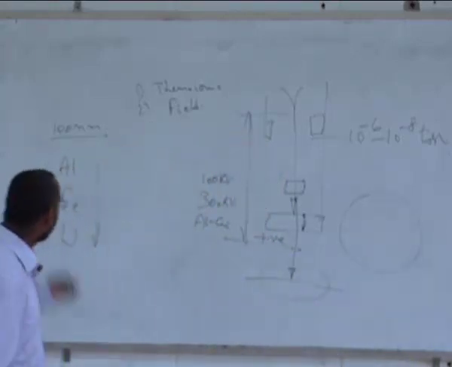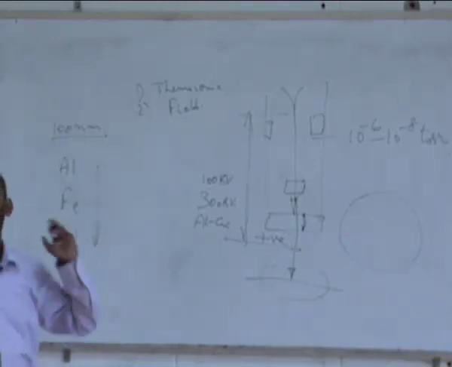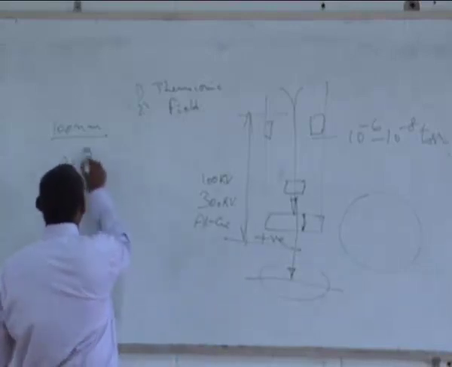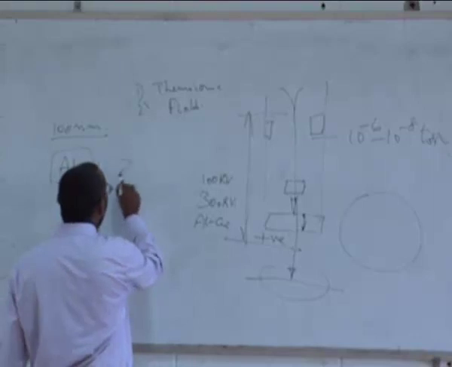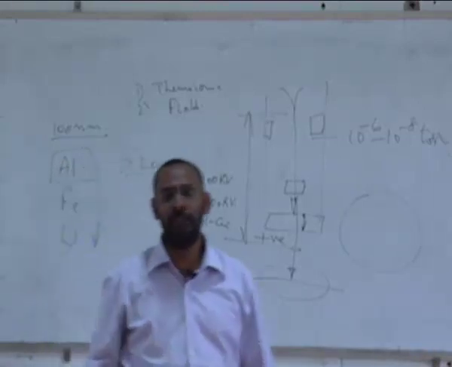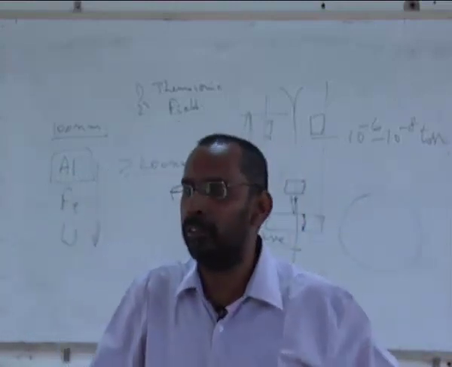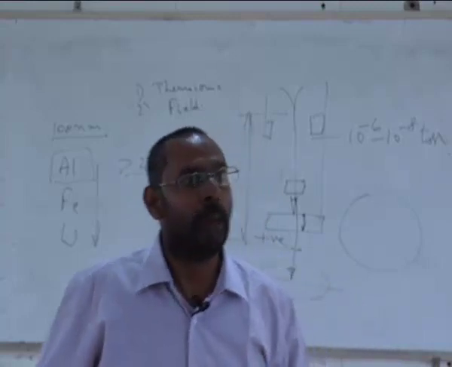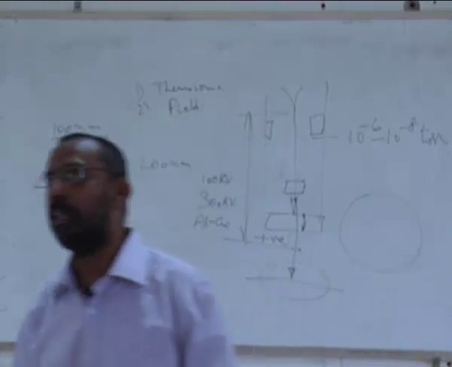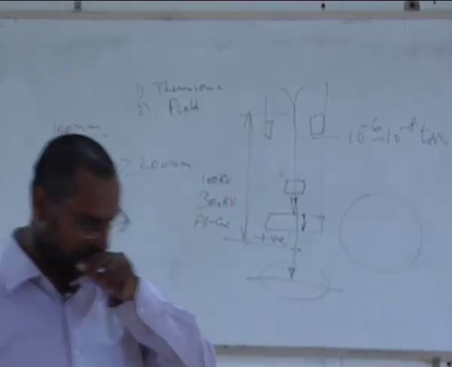As I can tell you, the smaller the atomic number, the thicker the sample I can have. But usually for any sample, even if I am using a sample like aluminum, if I go beyond 200 nanometers thickness, I will not be able to see anything. So that's kind of an ultimate limit, approximately around 200 nanometers. But if I am using a sample like boron or something like that, very, very low atomic numbers, possibly I can accommodate slightly thicker samples. But rarely do we come across such commercial alloys.